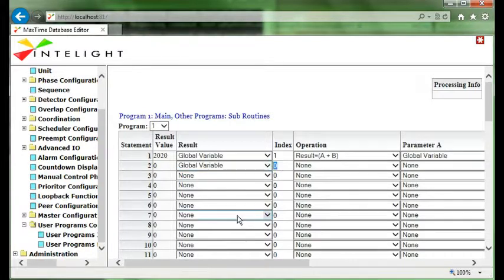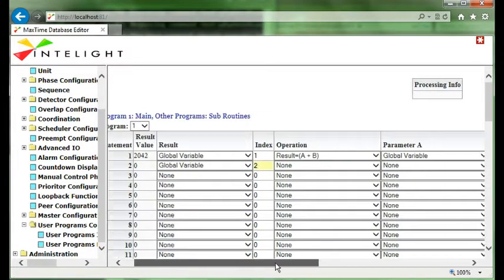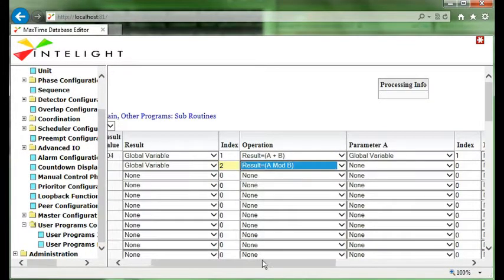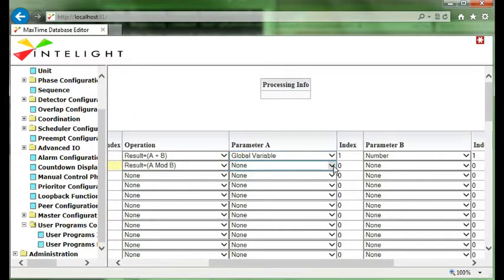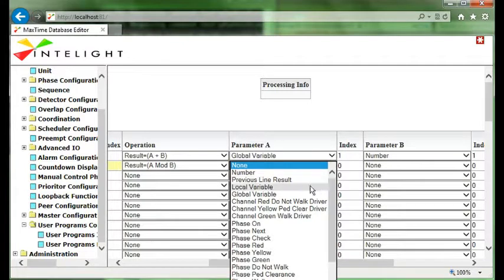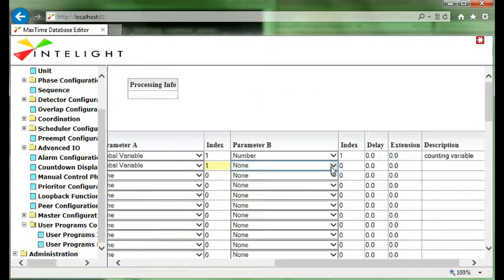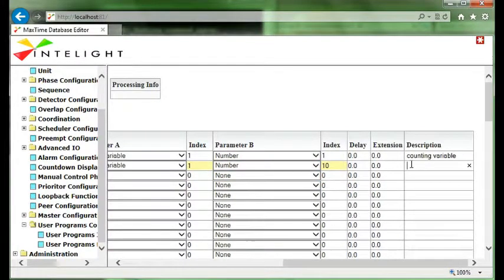This time it's going to be global variable 2. And I'm going to select a different math function. I'm going to select the mod. So the mod function takes global variable 1 and divides it by 10, but the mod is just the remainder. So when you divide 91 by 10, the remainder is 1. You divide 97 by 10, the remainder is 7. So every tenth of a second, it's going to be a counter. So this will be the 1/10